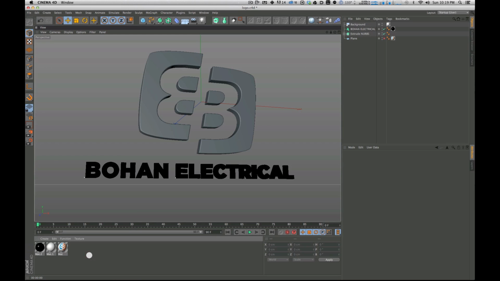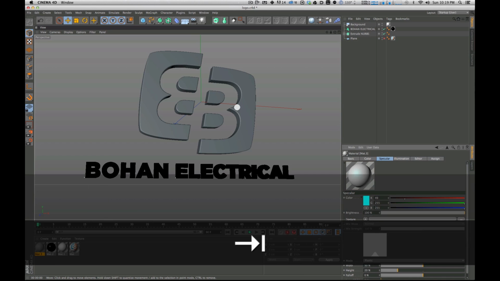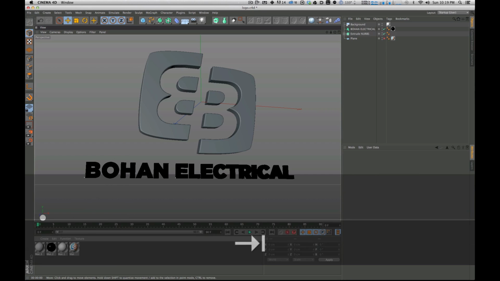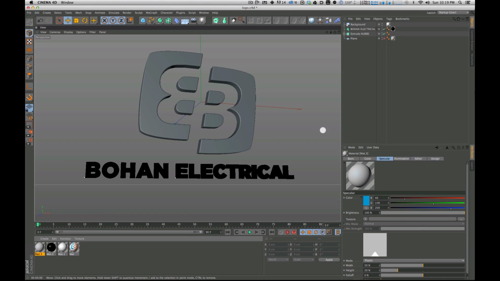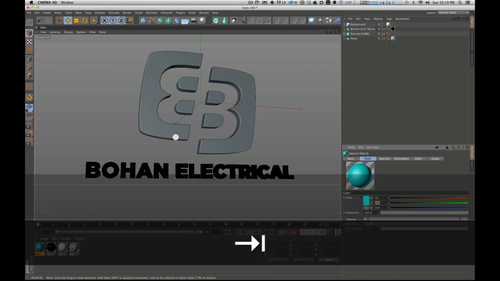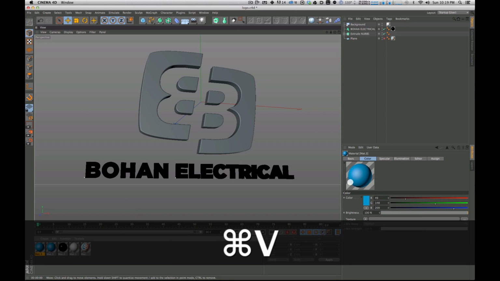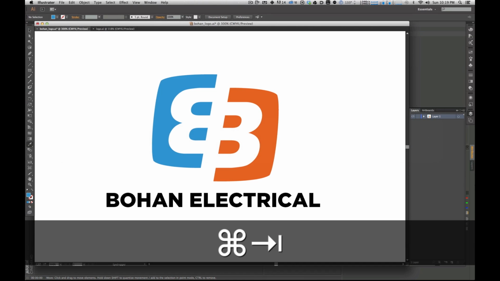I'm going to make a new texture using the RGB values that I pulled from Illustrator, which was 49, 148, and 209. Alright, that is my blue color. And I just put it in the specular. Great. Let me do that again. 49, 148, and 209. Alright. Got my nice blue. I'm going to copy and paste that,